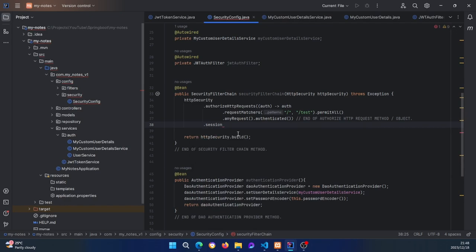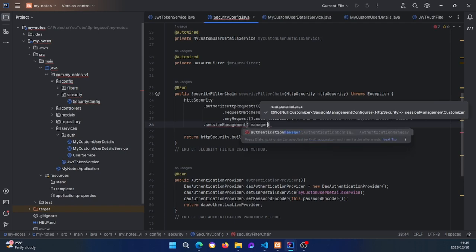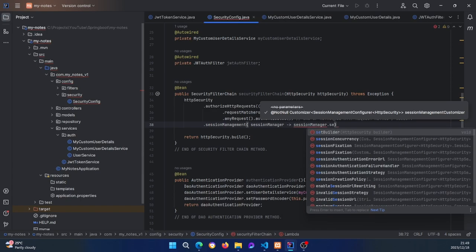Just like how we did it at the top, we're gonna use a lambda expression. Then from here on we're gonna say session manager dot set